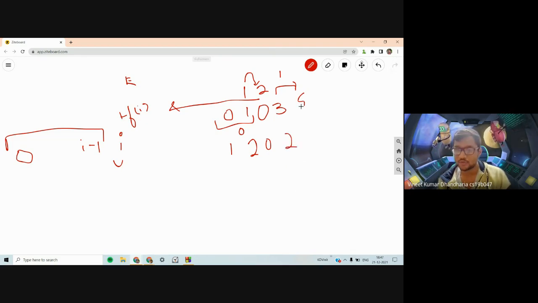Similarly for 4, to ensure that everyone from 0, 1, 2, 3 is there, you would have to spend 1 to make this 2, and then you would have to shift 4, which again costs 1. So your answer would be 2 again for I equal to 4, and for I equal to 5, your cost would be 1, because you don't have to shift anything. So this is what the solution would look like.